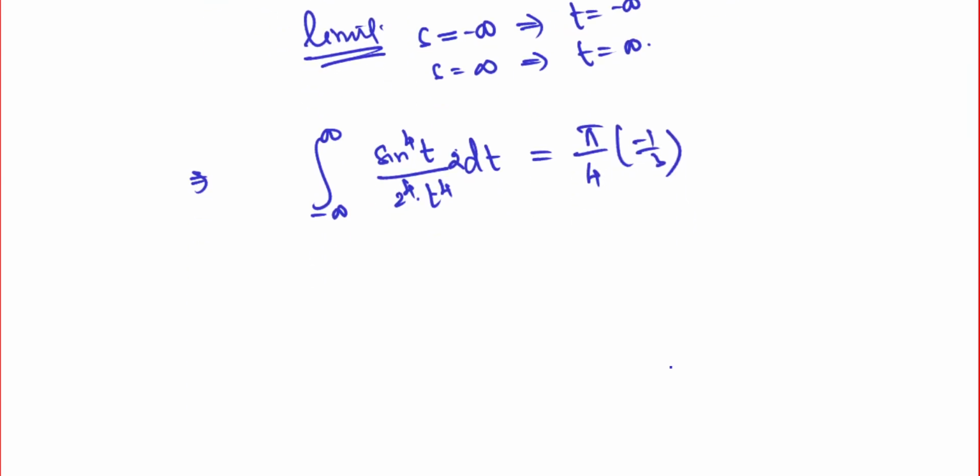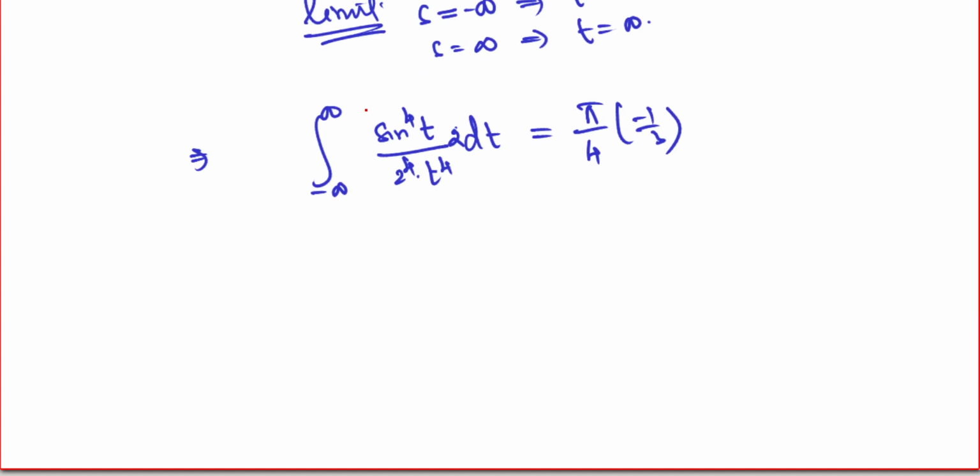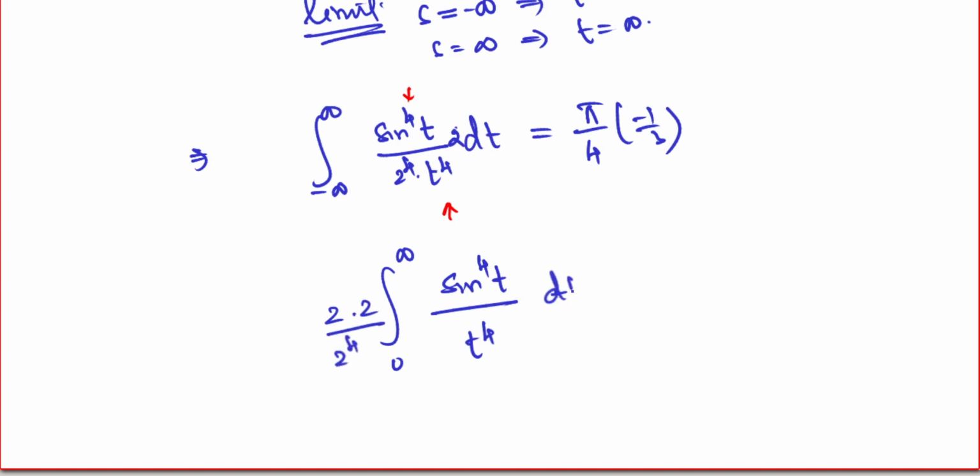That's it. Now everything is an even function here on the left side. Here you see this is even, this is even. So I can write this expression as 2 times the integral from 0 to infinity of sine to the power 4t divided by t to the power 4. Remember here I have one more 2, so I can write that 2, and I can write this 2 to the power 4 as well, into dt, equal to pi by 4 into minus 1 by 3. So minus 1 divided by 4 by 3. Now you see you can cancel all of them, right? One 2, 2 to the power 4, and here one more 2, so all of them together get cancelled, and therefore it gives me